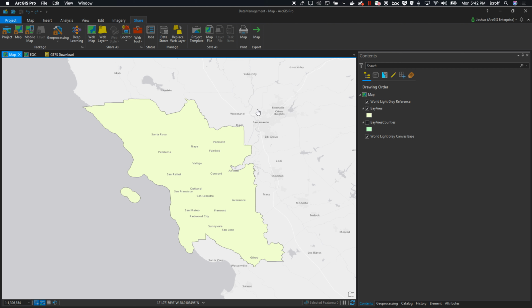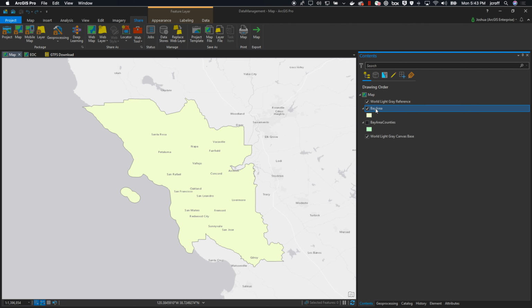So today we're actually just going to publish one layer. You can actually publish a whole map if you want someone to take a look at a whole map that you've worked on locally, and you want someone to take a look at it the exact way that you've got it symbolized and ordered and all that. But today we're actually just going to demonstrate how to publish one layer, and that's actually probably a best practice, to publish each layer as a separate layer to your portal or even to ArcGIS Online,